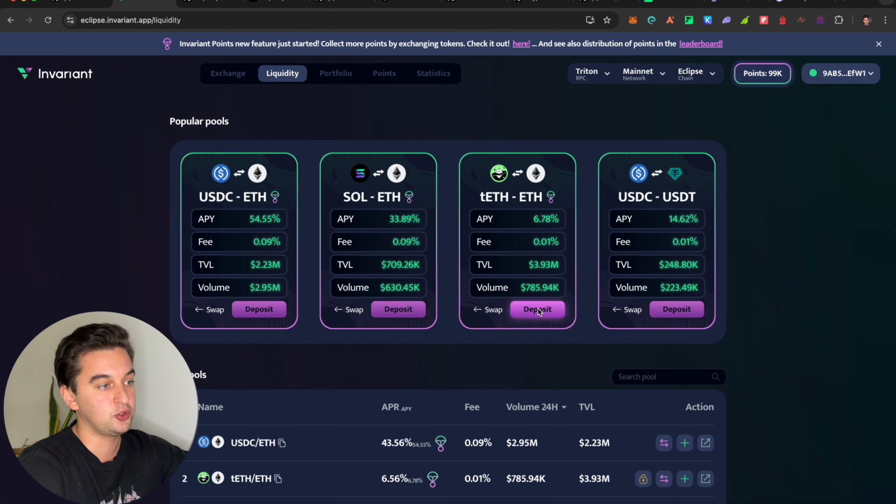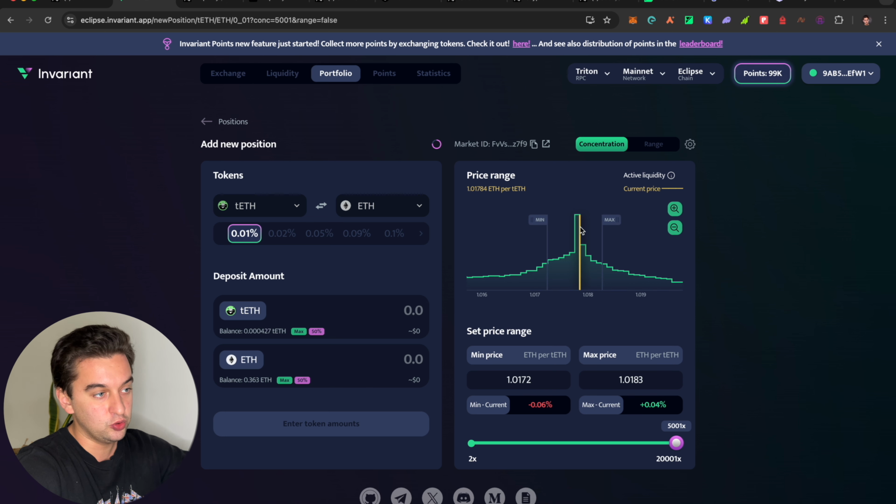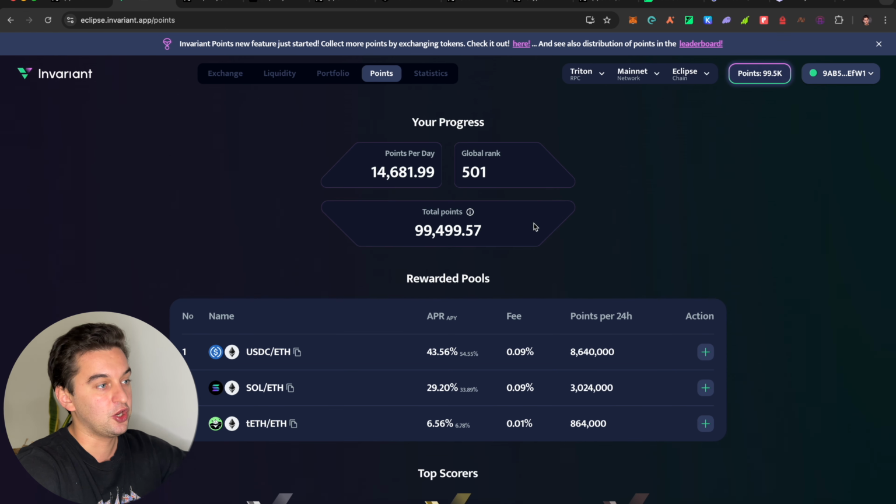I choose the ethereum.eth, click on deposit, click on 0.01 as this is the liquidity, and then adjust the ratio that you want to do. The yellow line has to be always within this little minimum and maximum price. And as we see over here, I am farming it. I am ranked 501. I do believe someone just overtook me, but there is a possibility, as we see here,